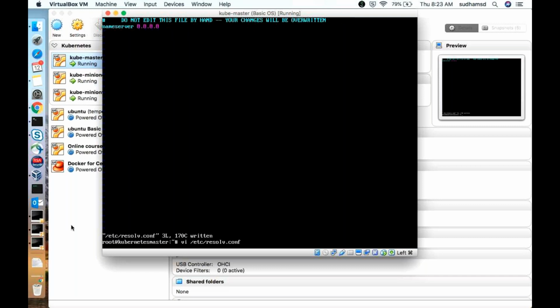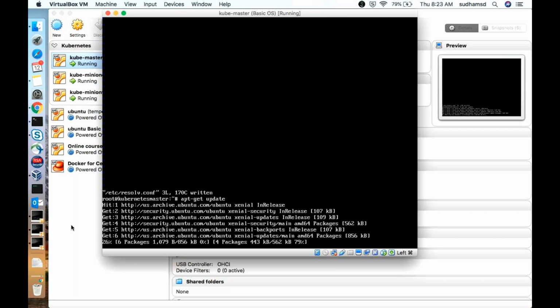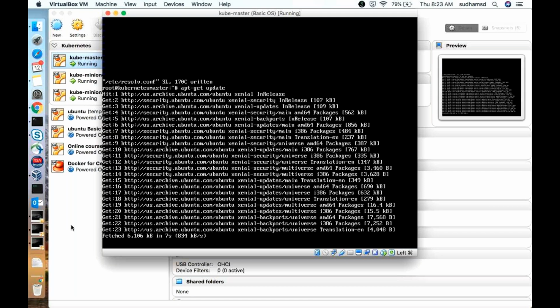Now you can see it is communicating to the server, because the name server was missing in the server right now. Similar to that, I need to do this on all the servers.